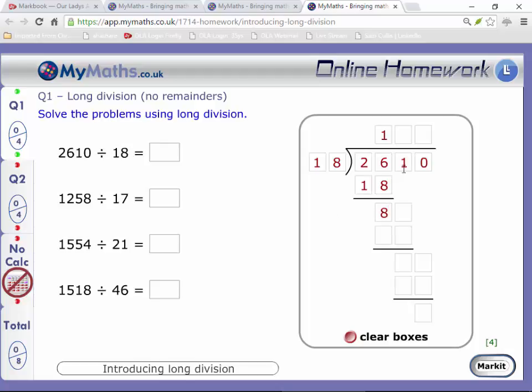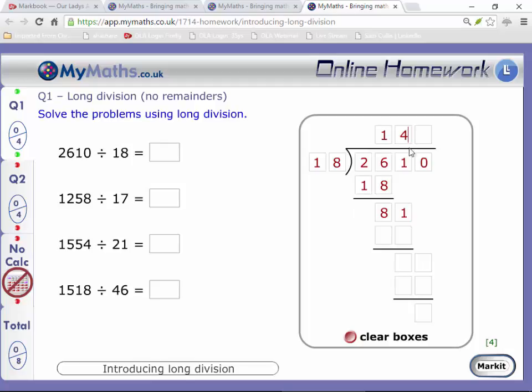We're not finished yet. We still have the 1 and the 0 left in our number, 2610. So we'll bring the 1 down, and we'll divide 18 into 81. Again, remember what I said before. 18 is very close to 20. So if we think of our 20 times tables, 20 times 4 would give me 80, and I need something up to 81. 5 times 20 would be 100, too big,